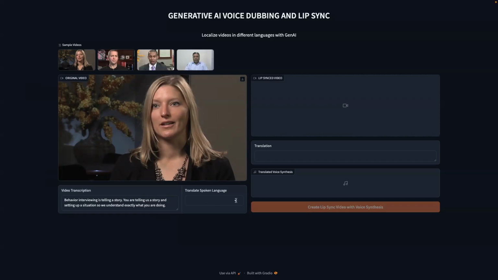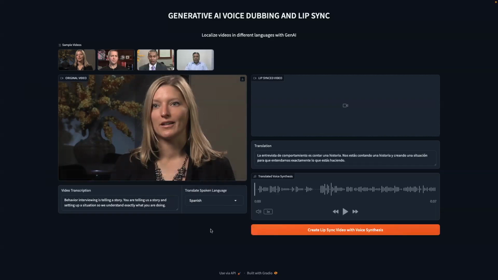And in the next step, we are going to apply translation into a different language. For our example, we're going to translate this into Spanish. And this process is done using an AI service called Amazon Translate. And the output from the translation job can be shown here on the text box.